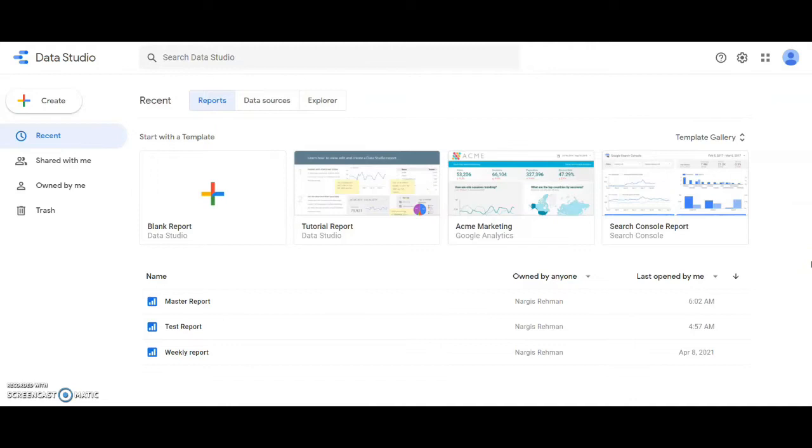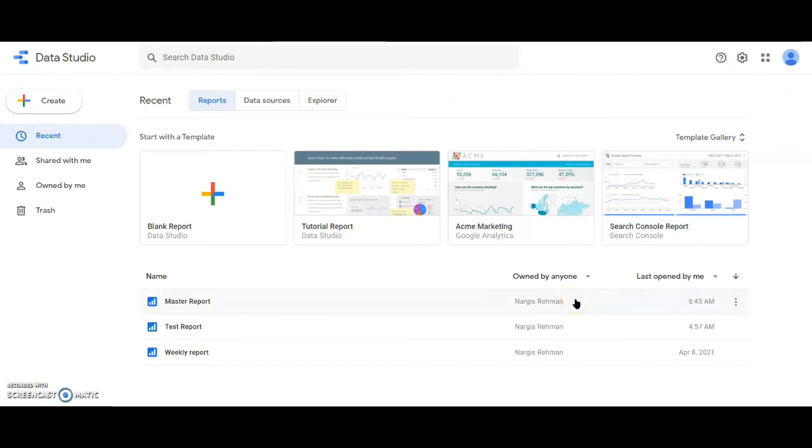In this video, we'll be covering a couple of points. First, we'll be looking at how to connect a data source in order to build the reports. Next, we'll take a look at the different styles for visualizations available to us. And lastly, we'll see how to go about customizing and styling our reports. Right, so let's just begin.